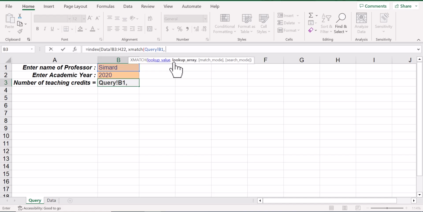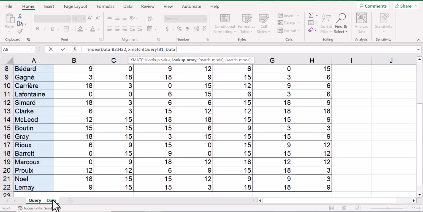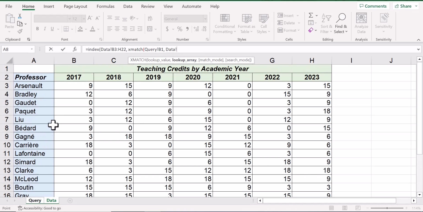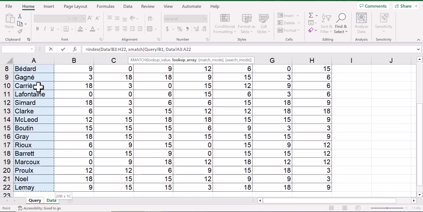Then we have to specify the lookup array, namely, where are we looking up the name of this prof? That would be back on the data sheet in cells A3, Control Shift down arrow to A22. Then we close the XMATCH function,